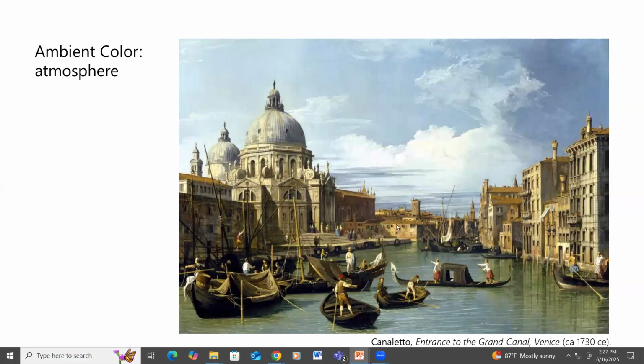Okay, so there are rules about how atmospheric perspective works, but the most important rule is that the colors recede towards whatever the color of the day is, right? If you think about it this way, at any particular time of day, any particular kind of atmospheric conditions, is it stormy out? Is there a lot of dust particle in the air? Is there a lot of water vapor in the air? For any particular day, those atmospheric conditions are basically going to set what is the color that represents the most distant view, right? And it's usually quite closely related to whatever the color is of the sky right around at